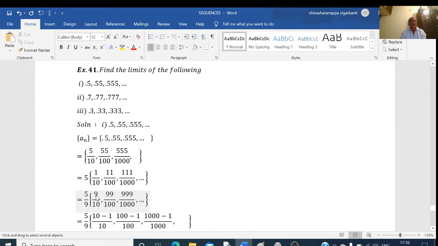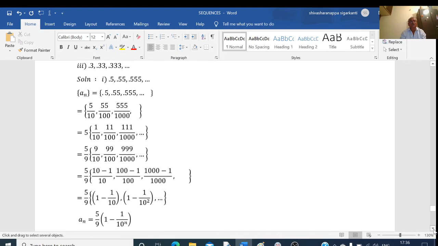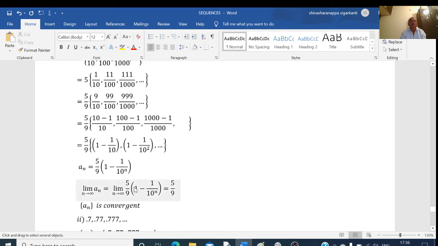Again I will write this 9 as 10 minus 1, this as 100 minus 1, this as 1000 minus 1. And then take the separate denominators. 10 by 10 is 1 minus 1 by 10. 100 by 100 is 1 minus 1 by 100, that's minus 1 by 10 square. 1000 by 1000 is 1 minus 1 by 1000, that's 1 by 10 cube. Like this, and then from this we can write the nth term is given by 5 by 9 into 1